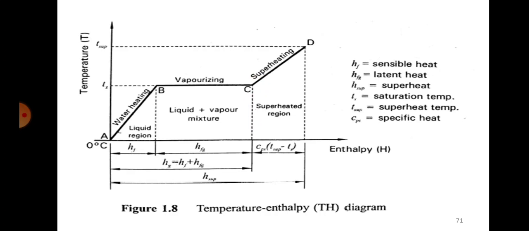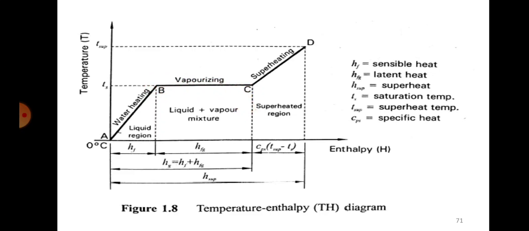The amount of heat supplied for that is denoted as hfg, or it is called the latent heat of evaporation. Okay, hf is called sensible heat, right? hf is called sensible heat. That is the heat required to raise the temperature from 0 degree to saturation temperature. Now what is hfg? That is also an amount of heat, and that is also utilized for something. So how do you define latent heat of evaporation?